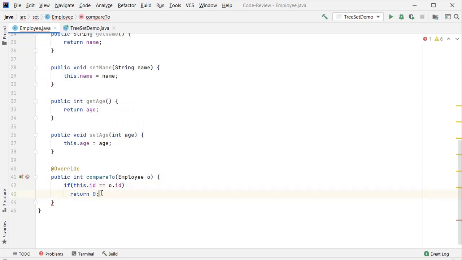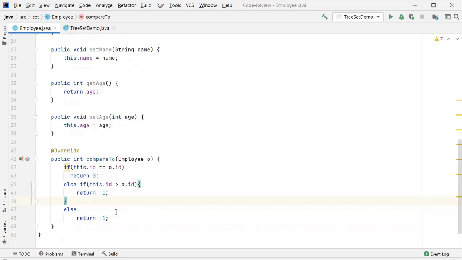it should return 0, else if this id is greater than, then it should return 1, else return -1.